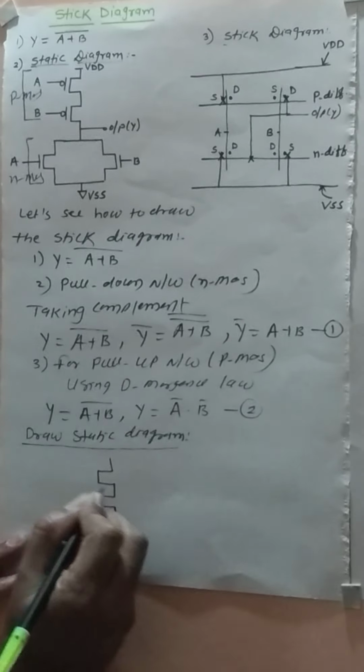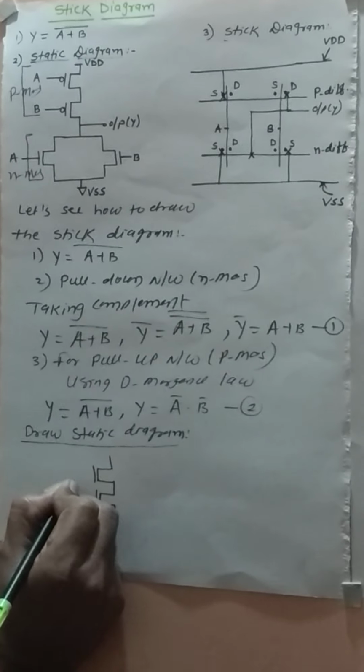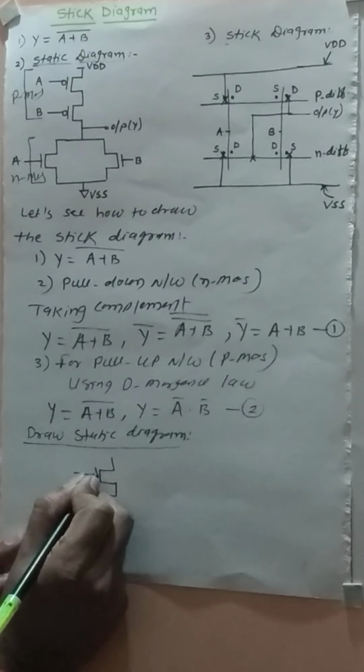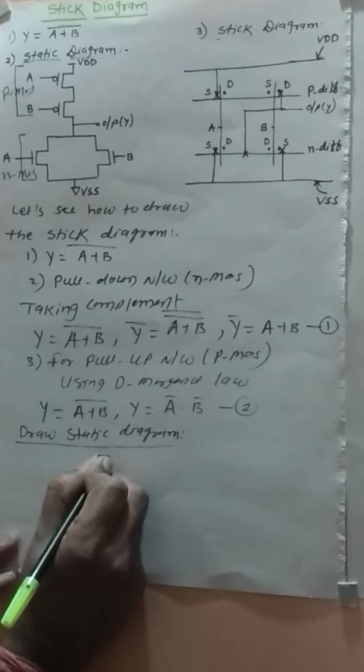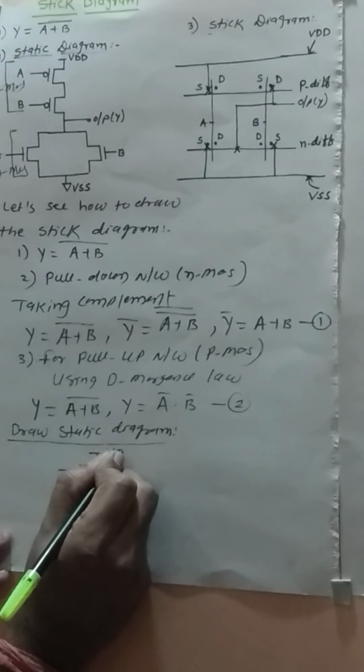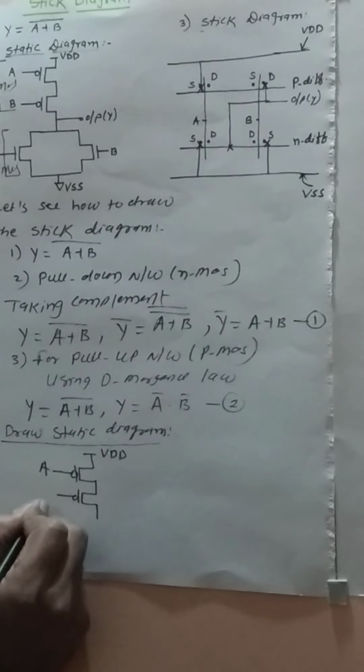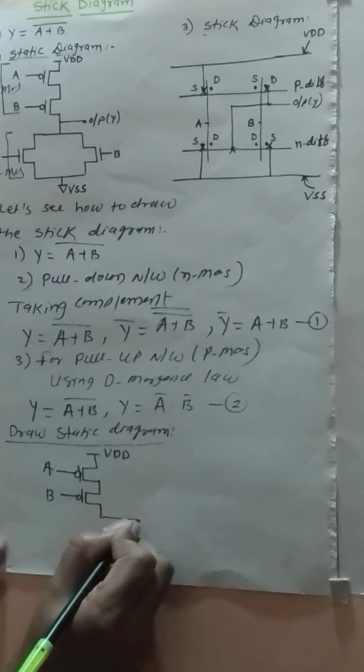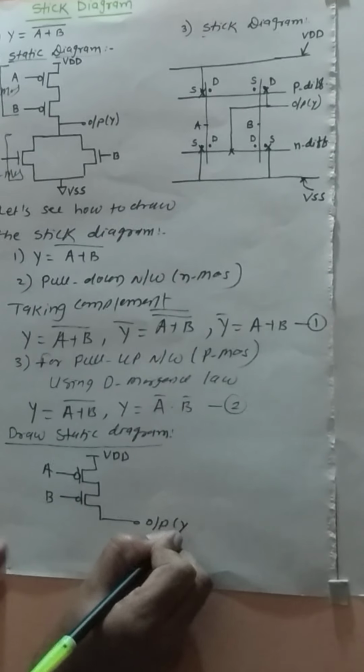This is the series connection. So this is the PMOS. PMOS means bubble at the gate terminal, and source of PMOS is connected to VDD. This is A and this is B. This is the output Y. Okay,